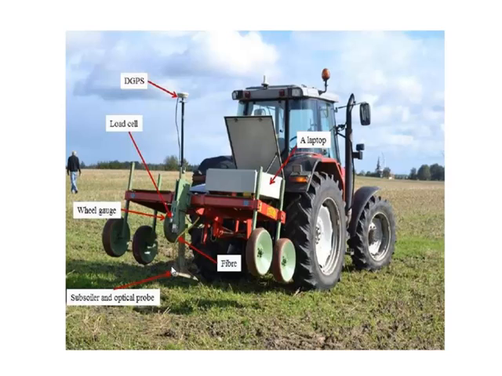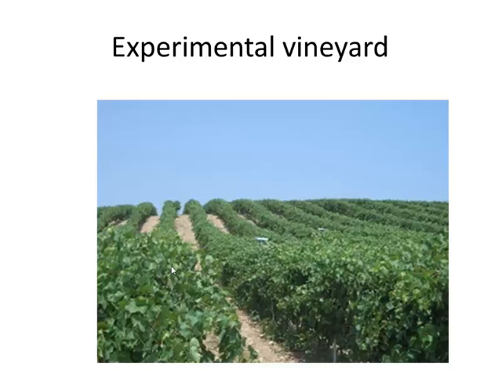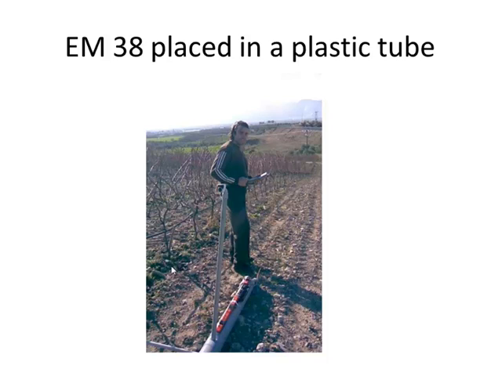I don't know how accurate that is, but in the next couple of years we are going to see whether the system is working or not. Now, I shall give you some data of what we have done in Greece and how we used electrical conductivity. This is a small vineyard on a slope in Greece, very small, 1 hectare, but convenient to do some work.